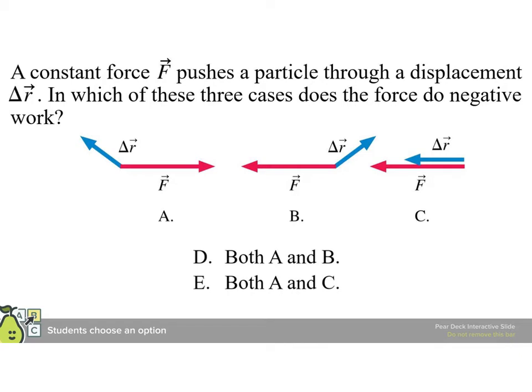The key thing isn't the rightward or leftward or wherever your things are pointing, but only their relative angle. And we see in this case that we have an obtuse angle here and an obtuse angle here. And in both cases, that gives us the negative because the force is sort of opposed. Or you could imagine projecting F into this part